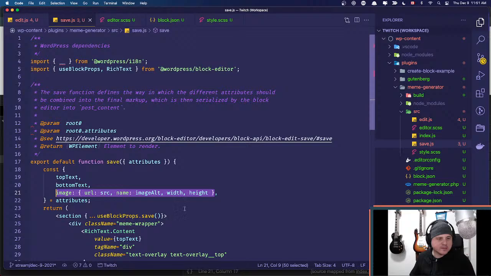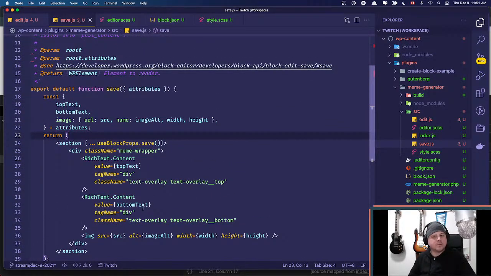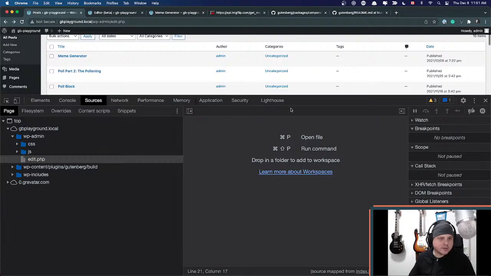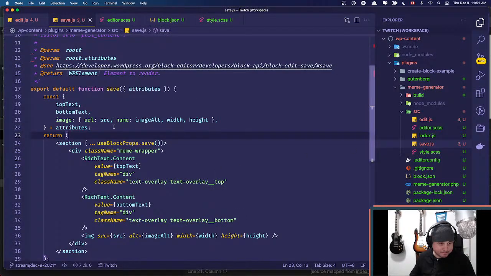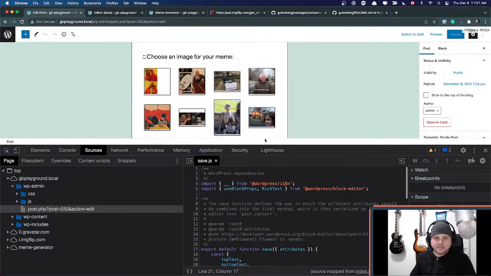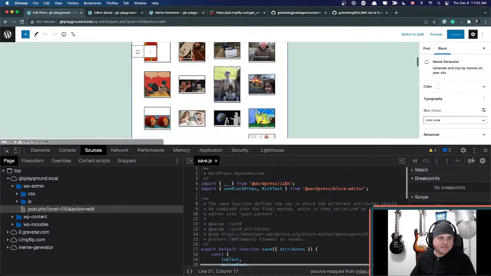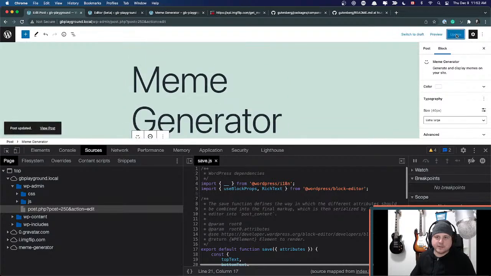This is assuming that this is always going to have data. It's always going to have an image, I should say, which I guess in that state it didn't. So there's an edge case that needs to be addressed. I can fix that real quick. I think this is going to set a default value. Let's see, I think that might work. Yeah, there we go. So what I did there, image was false. So this is saying the default value of image is going to be an object. Anyways, that's really poor on my part. So I'm gonna put one of these on here and update this, and then